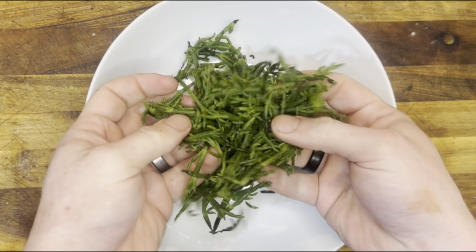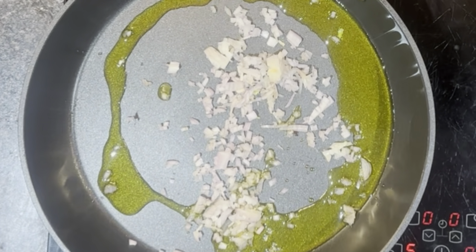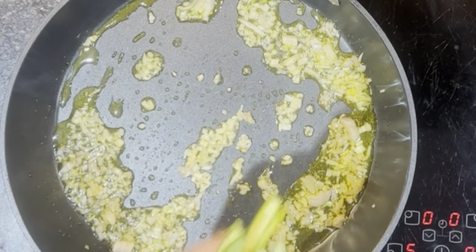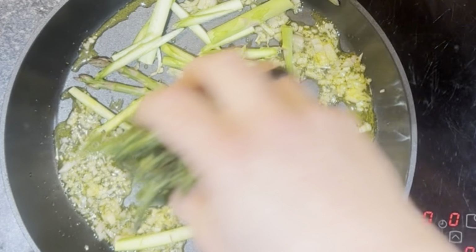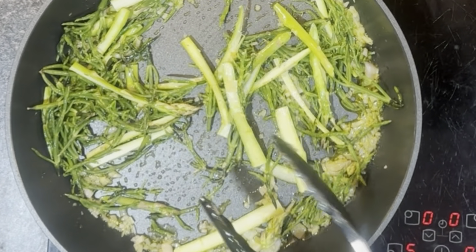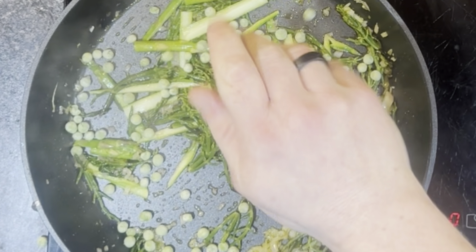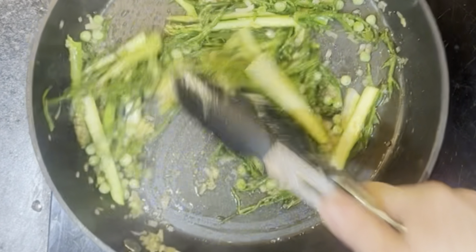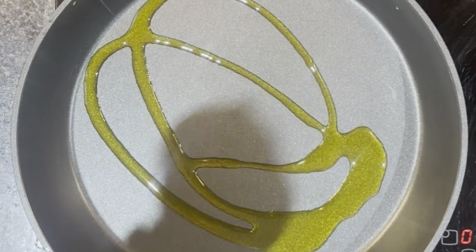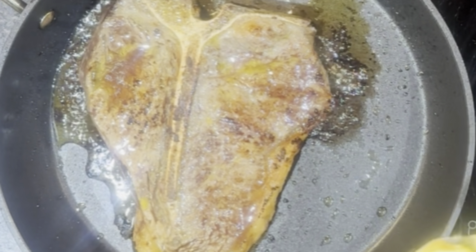We're then going to wash and dry our samphire. Then we're going to heat some oil in a pan. Get your shallot into the pan. We don't want to be frying this too hard, we just want to heat everything through. We then go in with our asparagus, our samphire, a squeeze of lemon, and some garden peas. Take off the heat and put aside, and then we're going to get our steak into a very hot pan